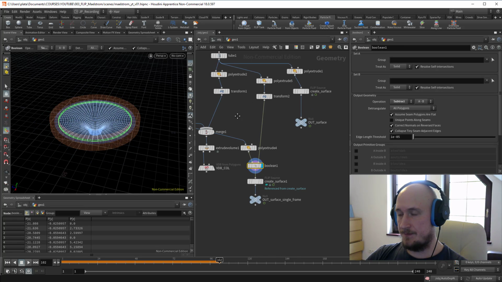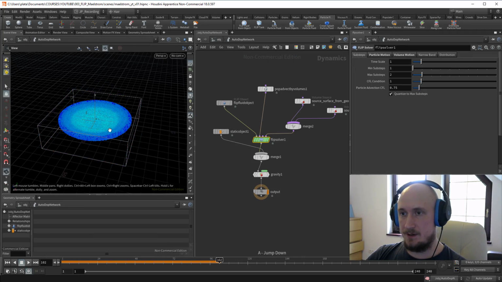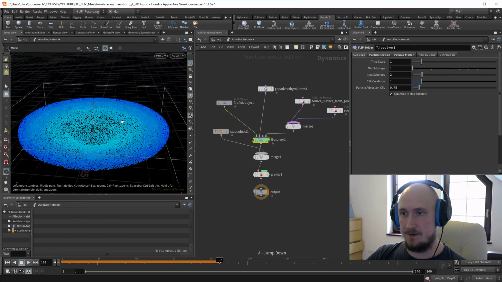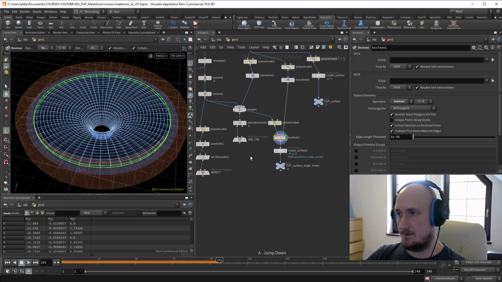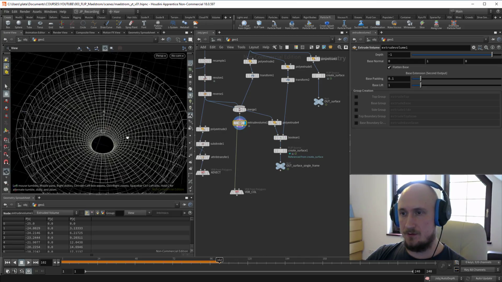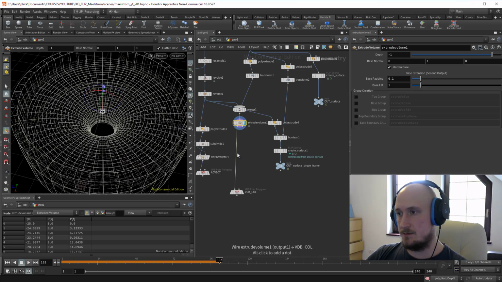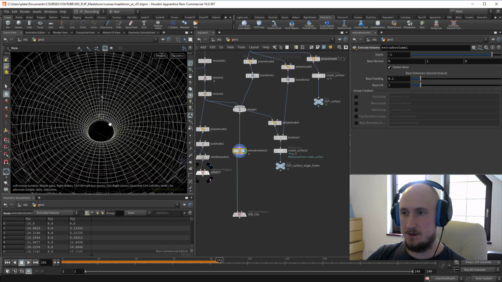Great. We also need to add some detail because there is not enough detail, and to do that, first of all, I will try to add some detail on the collision because it's flipped. So if you add some detail to the collision, the flip will create some